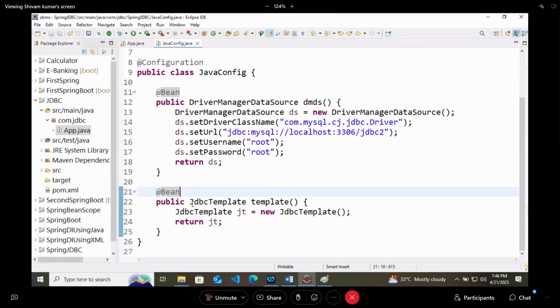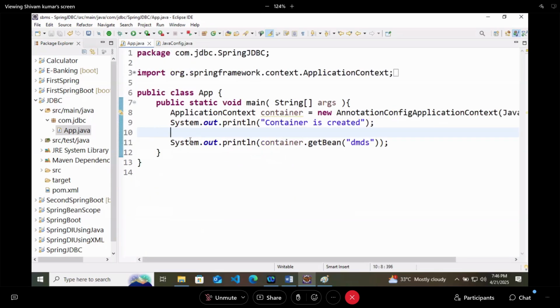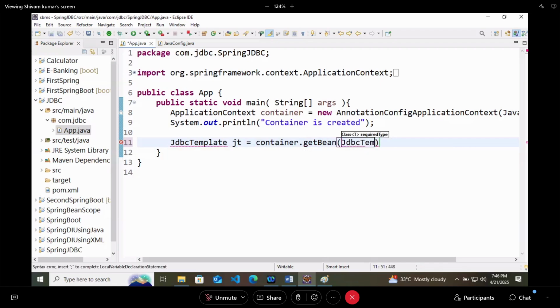Now there is a JDBC template, and we already know that JDBC template gives us the update method. Now in my main app, I will ask my container. So here I will say JdbcTemplate jt equals container.getBean(JdbcTemplate.class).